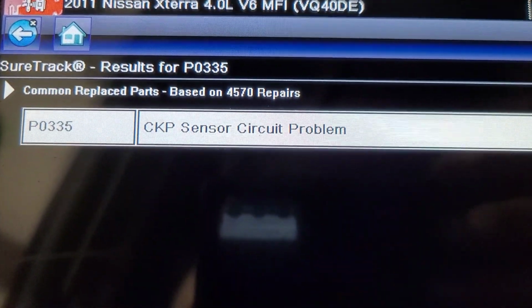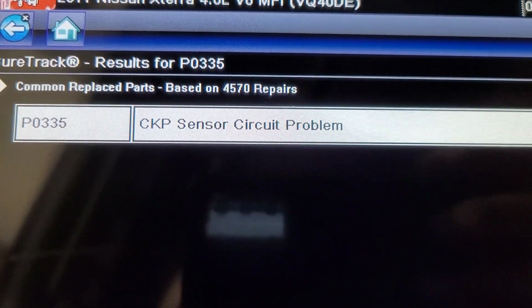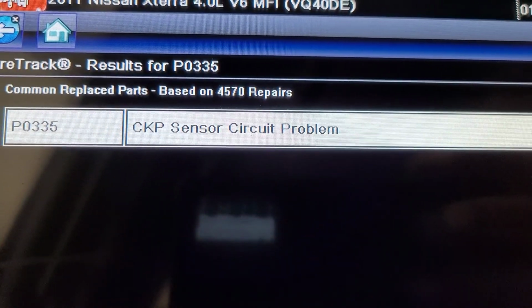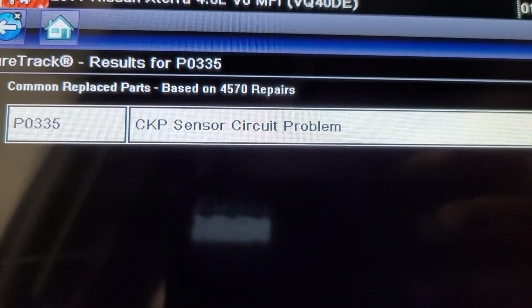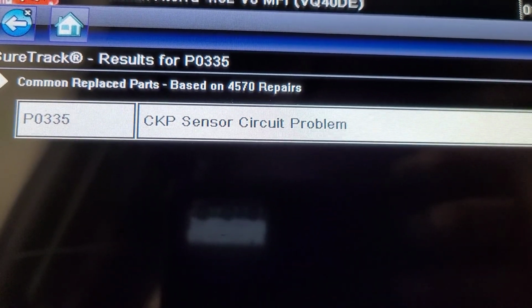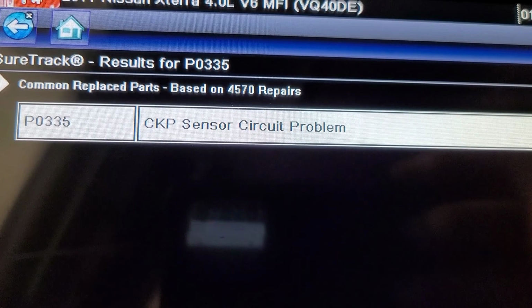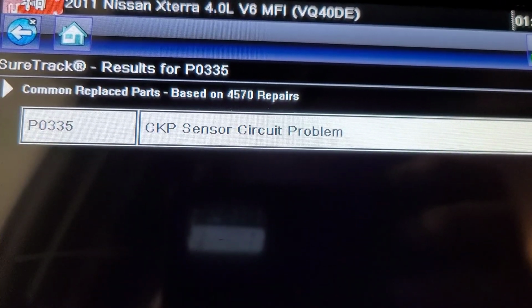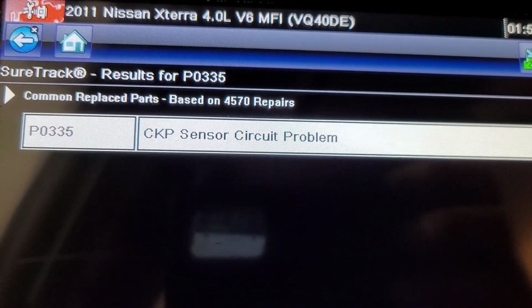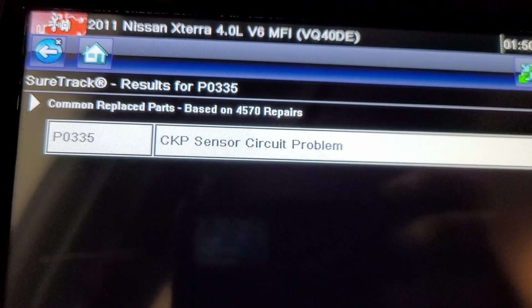Anyway, so I got in the shop right now. Got the scanner hooked up to it. See what we got. CKP sensor circuit problem. That's the crank sensor. That is not the cam sensor. This thing has two cam sensors, if I'm not mistaken, and one crank sensor. Actually, because this is a single cam, I don't think this is the 4-cam, because if it's a 4-cam, then it's got 4 cam sensors. But anyway,